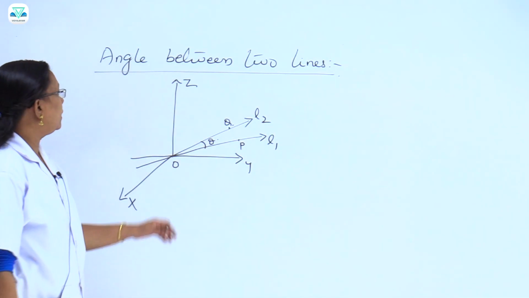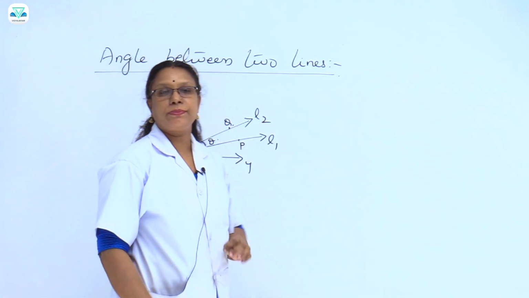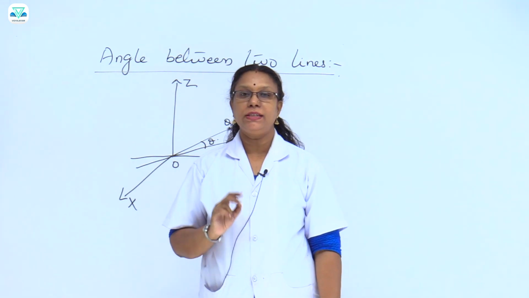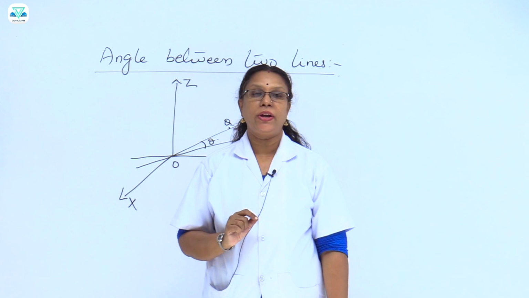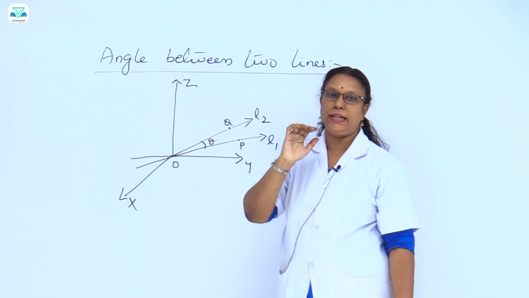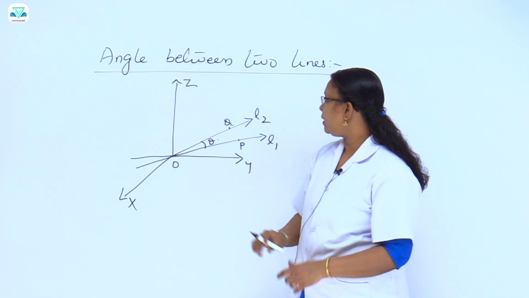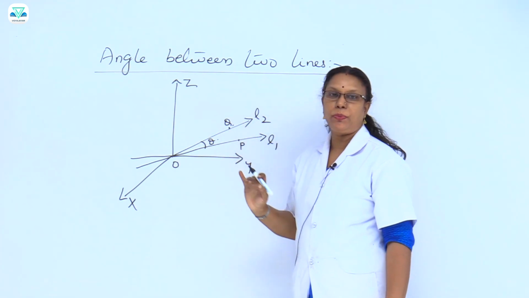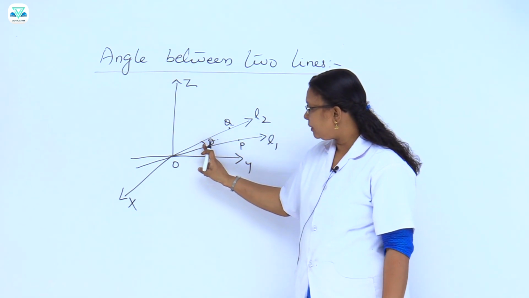Coming to the next part, angle between two lines. So, first under the line passing through a point and parallel vector, second line passing through 2 points. Now, what is the angle between two lines? Given two lines in the angle and that. So, here L1, L2 are two lines and P and Q any 2 points on that line, angle between them is